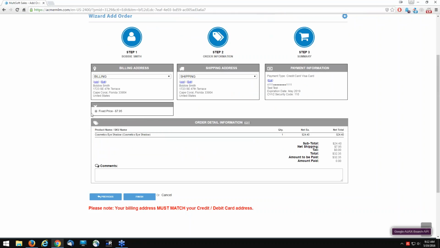And then here it's going to demonstrate to us we have a fixed price. Now the name of the shipping method can be changed to anything you like, but this is just an example of how your shipping is going to appear on the website. That's if you're not going to be working with UPS, USPS, FedEx, DHL, or Indicia. All right, so what I'm going to do right now is cancel this,